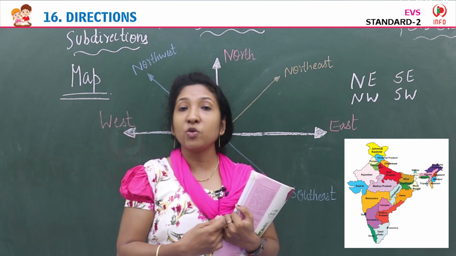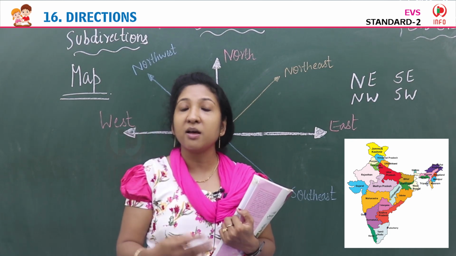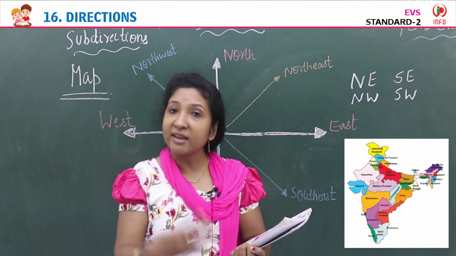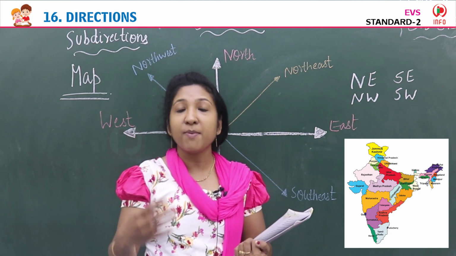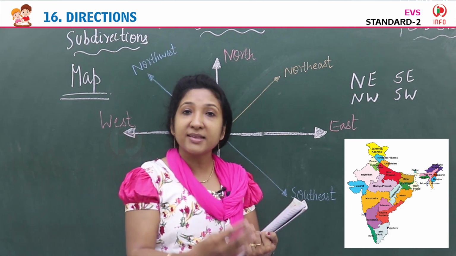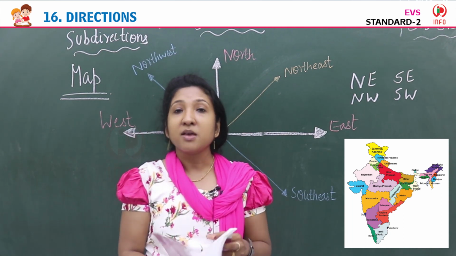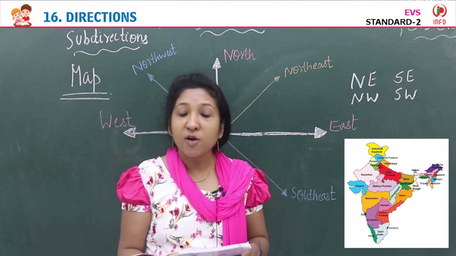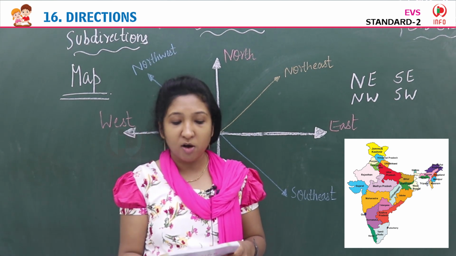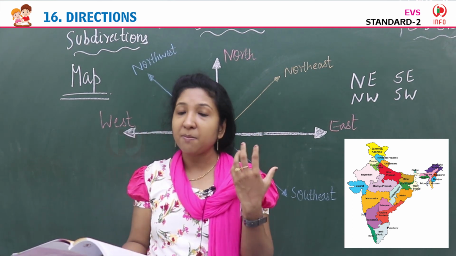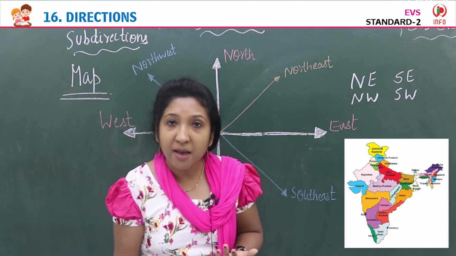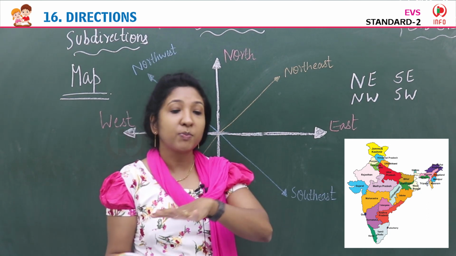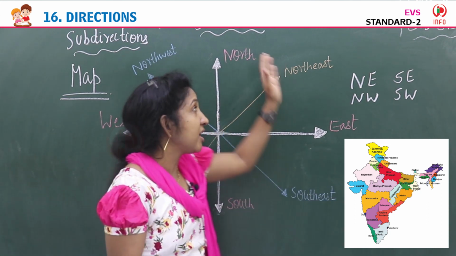In the globe also you saw many colors, blue color, brown color, yellow color and all. Same here, in a map also you can find different colors. Maps use different colors to represent many things. So take any map, for example our India map, and spread it on a table, or else you can hang it on a wall.